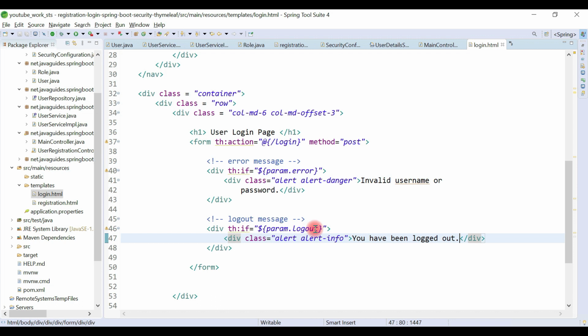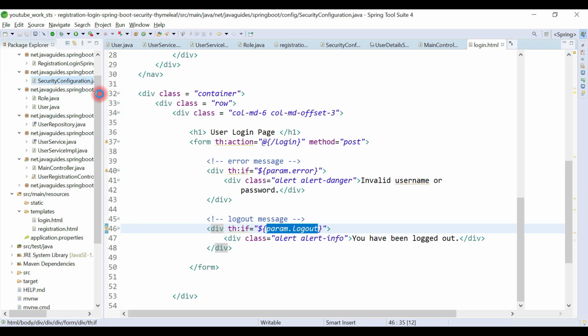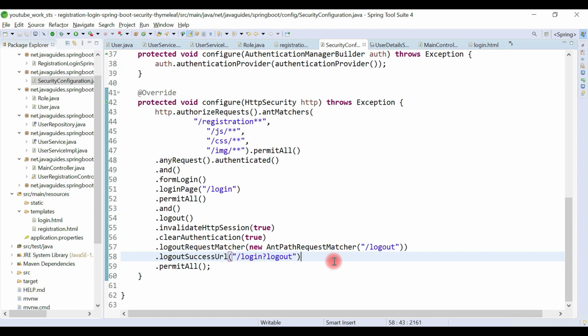Basically, this param.logout comes from here. Let me show you. Go to the security configuration and look at here. Once the user clicks on the logout button, then the success URL. So look at here, the user should navigate to the login screen with the logout message. Alright, so this message we receive here.